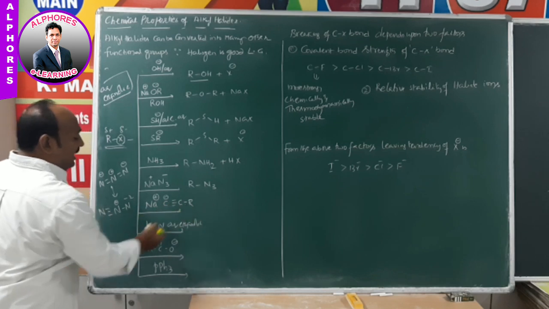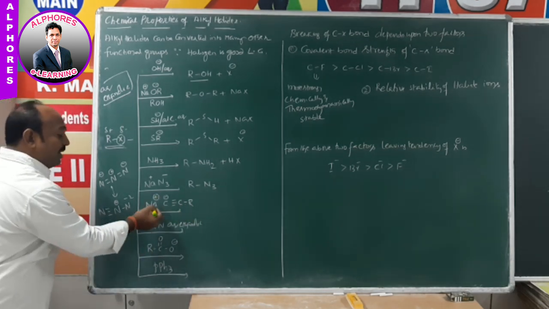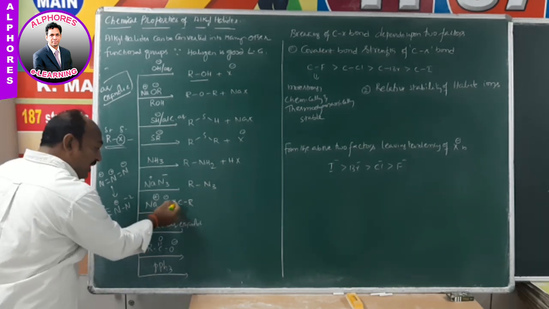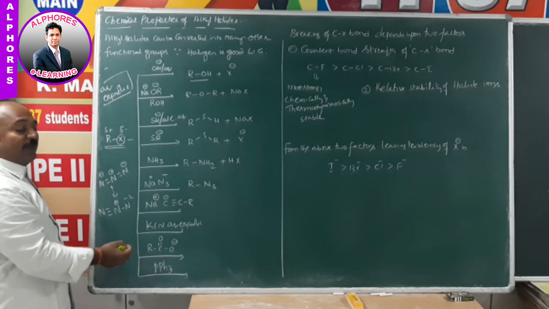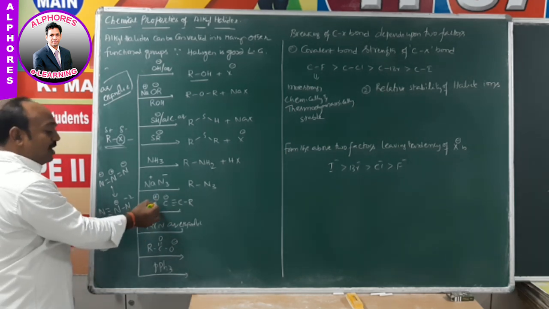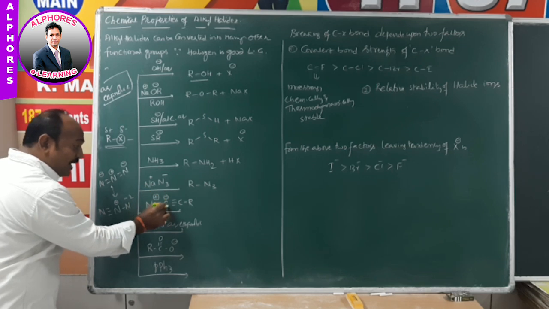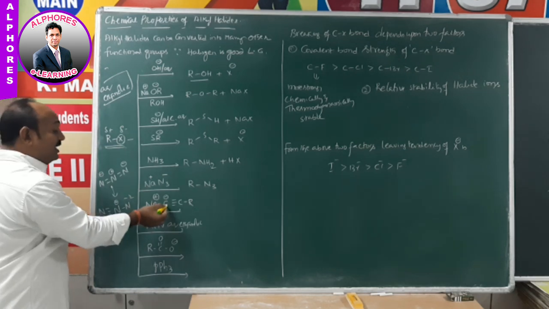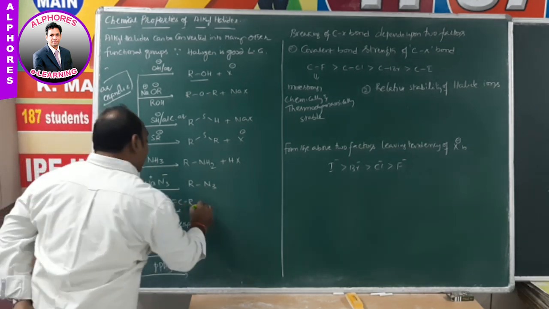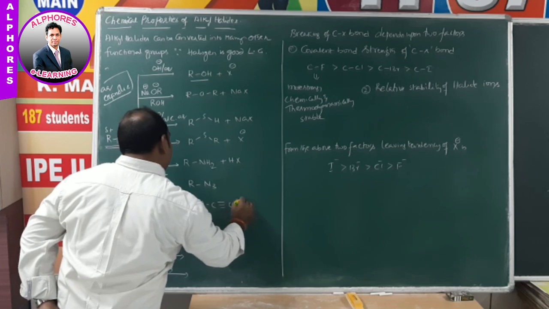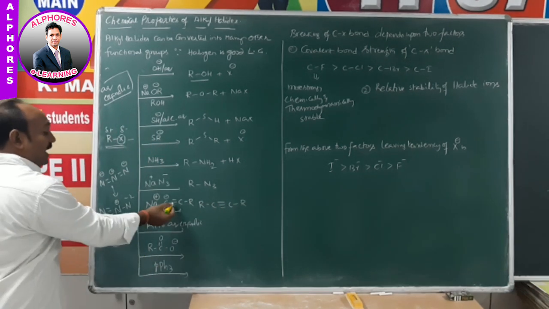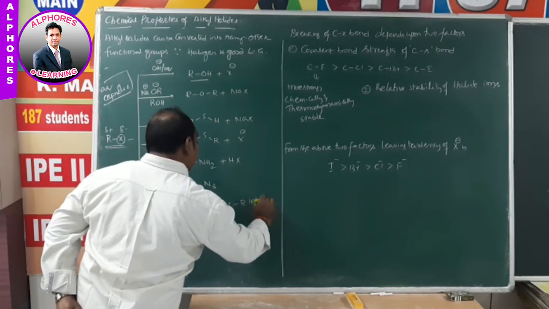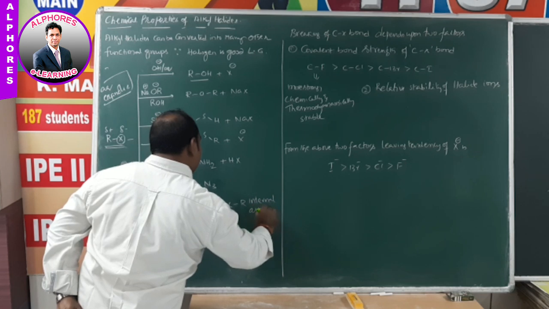Similarly, acetylides, here RC triple bond C minus Na plus, monosodium acetylide. Earlier this one is a terminal alkyne. Upon reaction with sodium metal we get metal acetylides, and this has a negatively charged carbon which now acts as a nucleophile. It displaces X minus, and we get the product RC triple bond CR. That means earlier they were terminal alkynes, now converted into internal alkynes.